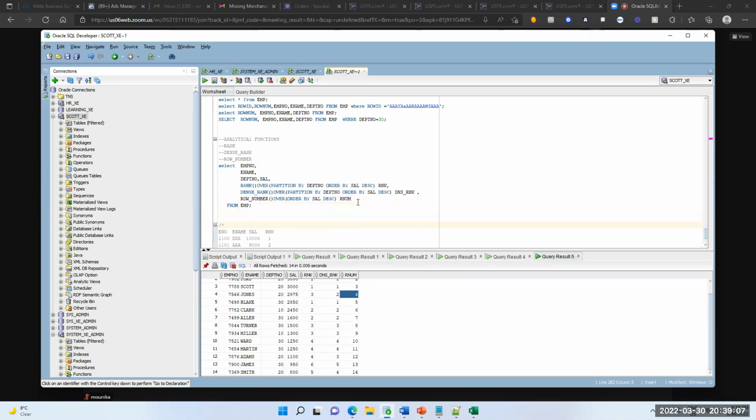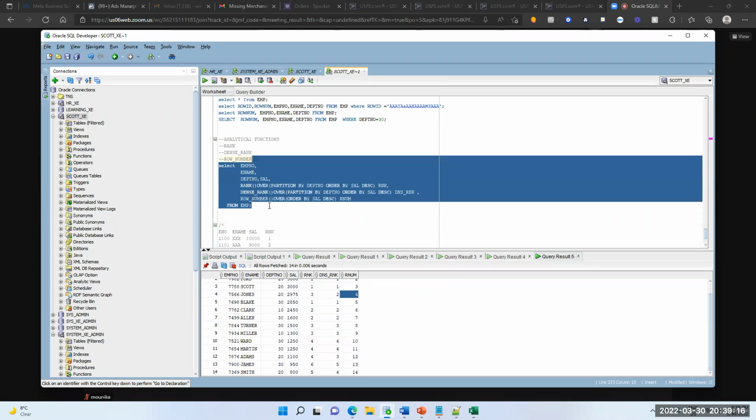This is clear. We have some more functions, but we will not use them right now. And you can write like this also, this condition. Even sum also we can write this way.